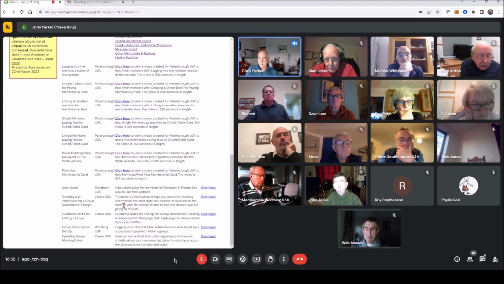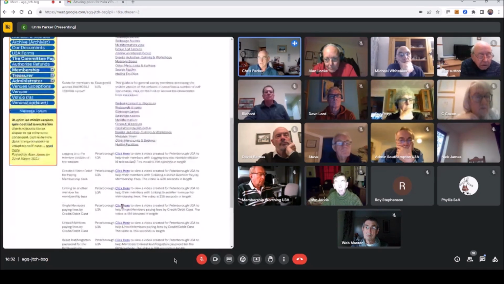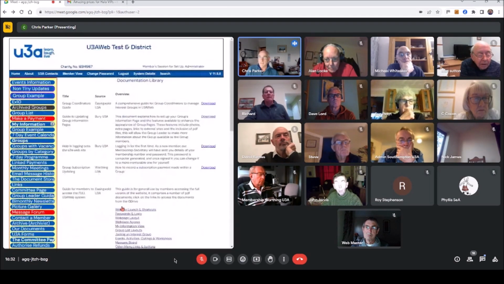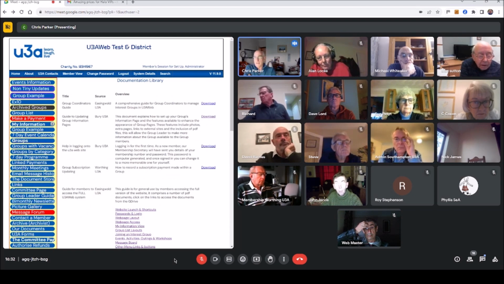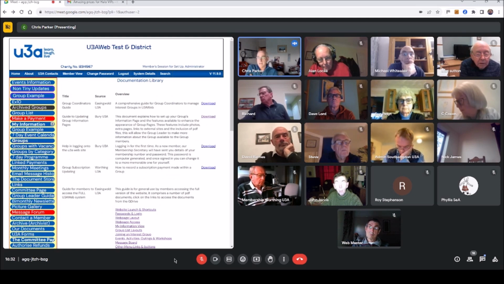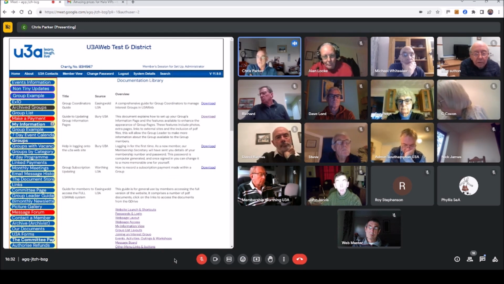They've been loaded into the system. So there's a good few documents in there, but if anybody else has got anything which they have prepared, particularly for members, I think it's worth adding it to this library so we have as much as possible, which saves people rewriting stuff which has already been written by someone else or just needs to be amended.